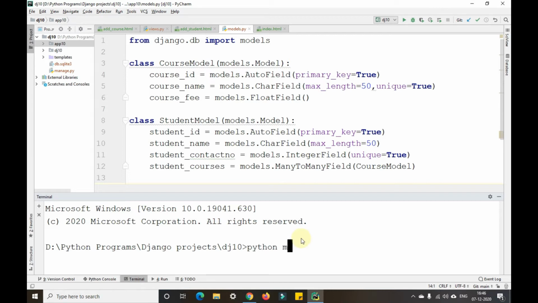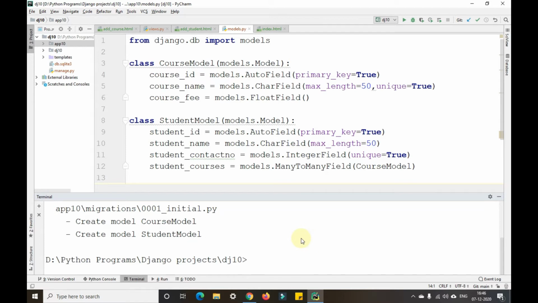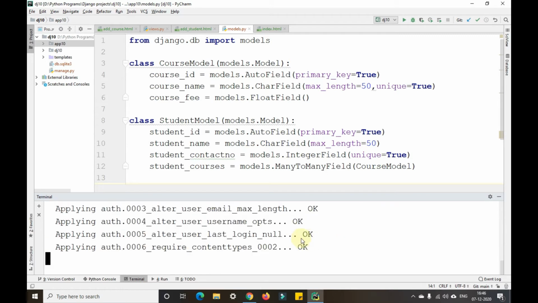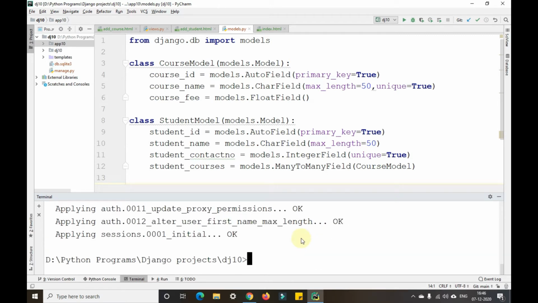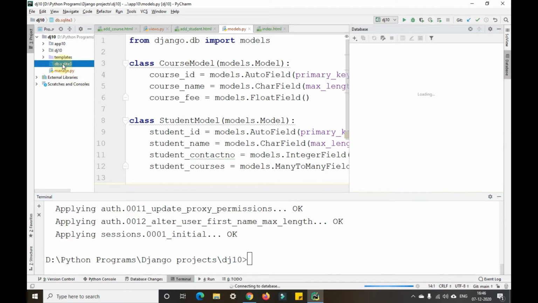Python manage.py makemigrations. Okay, now python manage.py migrate. So you can see the db.sqlite3 is available here now.